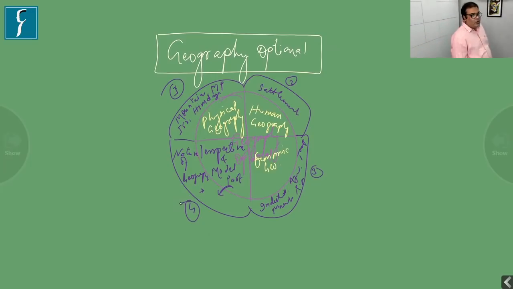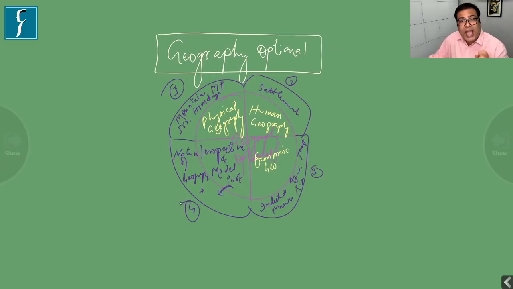But no, this is actually a poor idea. If any candidate follows this way of preparation, he will not be able to score more than 250 marks. Of course, up to 250 marks, this is a very good way. And this is called the childish way of preparation: take the syllabus, prepare it and write it. This is also the reason why most people opt for it and they score 250 marks.